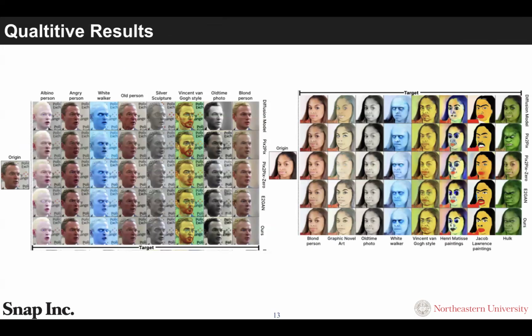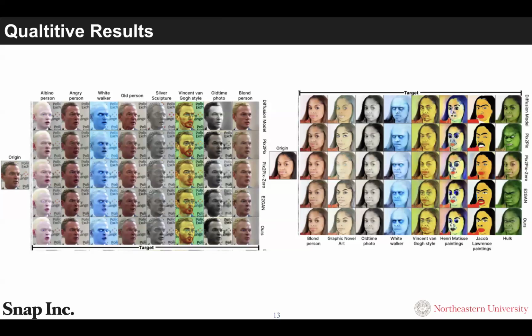Finally, we come to the evaluations. We compare our method with 3 baselines. They are image-to-image translation methods, such as pix2pix, Pix2pix-Zero distilled, that distills a cool-mode GAN from pix2pix-zero, and also an efficient GAN training method, which is E2GAN.